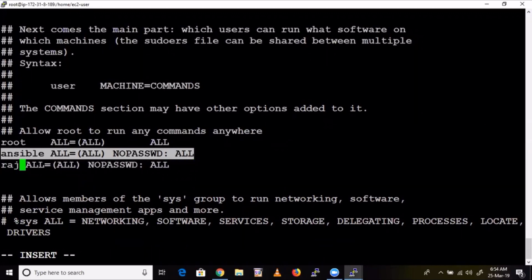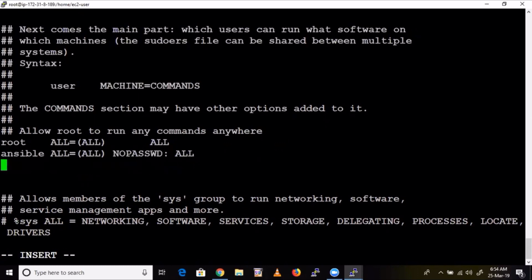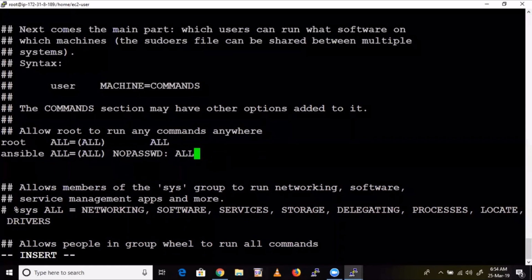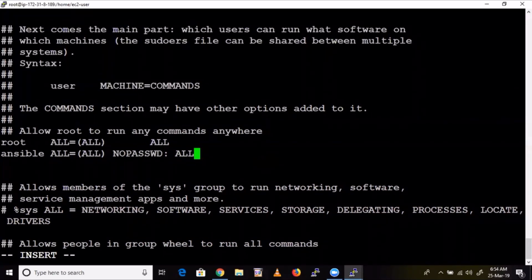So these two users can run sudo. These two will have sudo privileges. In our case we have only one user, so I'm going to remove this one. Ansible ALL=(ALL) NOPASSWD: ALL. Fine.